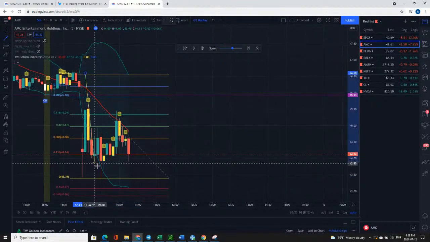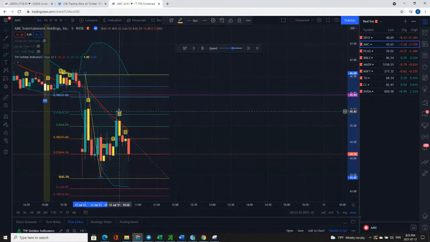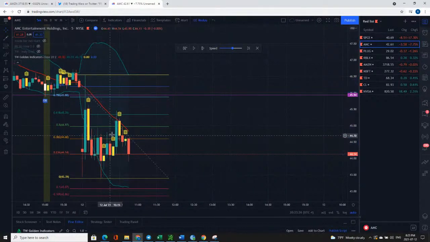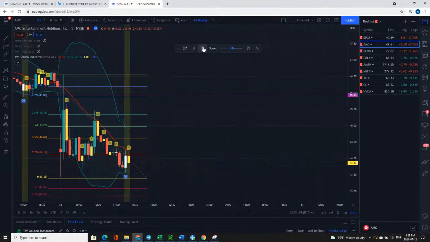Okay, so you get this first push down right there. There's the morning leg. You come back into the 618. You have to have a limit order there, or you can just take the inside bar as your confirmation. Okay, and then let's just let this day play out.